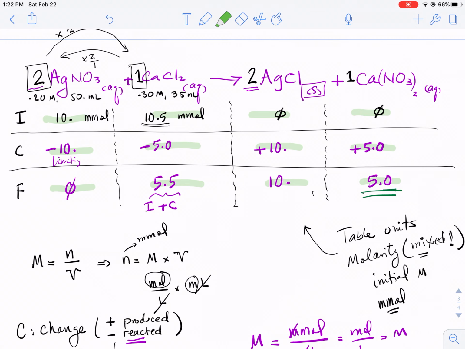let me back up and let me actually help you see it visually. So in this case, the silver nitrate was the limiting quantity. It went down to 0. And so if you look at your ions, your spectator ions that you can cancel away from this process, the spectator ions are nitrate ion and calcium ion. And so the product is just silver chloride. The net ionic equation of this reaction is just silver ions plus chloride ions will give you silver chloride. And so we can keep that in mind, but also keep in mind that you have calcium chloride that's in excess here. And you can see that there is a leftover calcium chloride at the end. I'm going to circle that for you, 5.5 millimoles of that. And you have